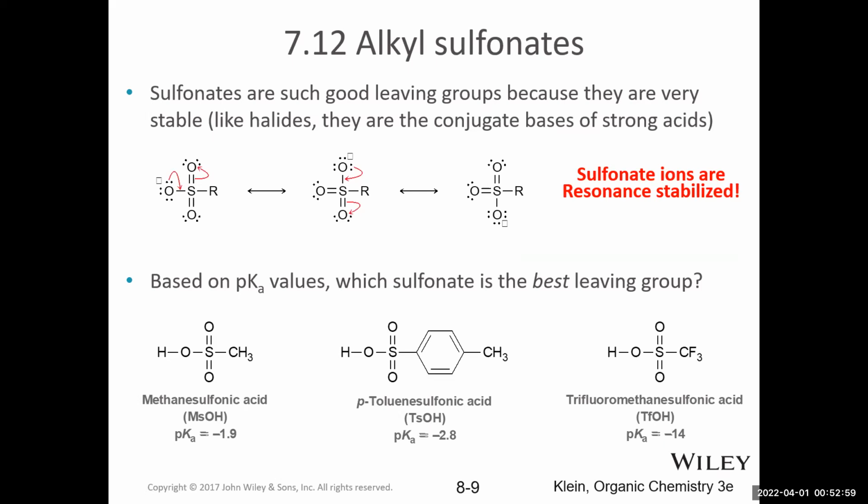So the reason why these are great leaving groups is because once they leave, we'll have the oxygen. This should have a negative charge here. And it is highly resonance stabilized. So this anionic oxygen, right? The lone pair is stabilized up to the other 2 oxygens as well. So that large amount of resonance stabilization means that that group can easily leave the alkyl group, the R group, because it forms something very stable.